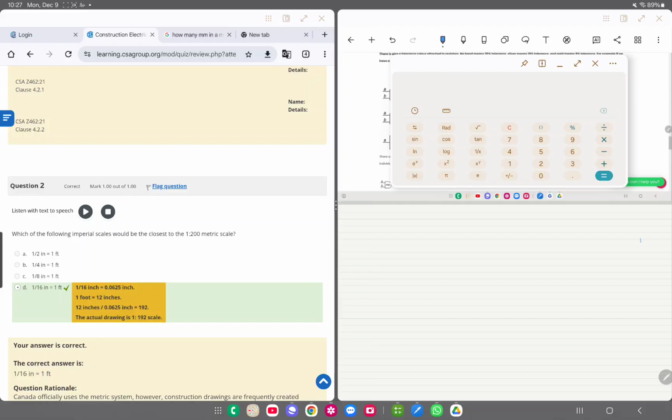So we got metric, and we want to know what the imperial, if I'm correct, of 1 to 16 inch equals. So we got 1 divided by 16 equals